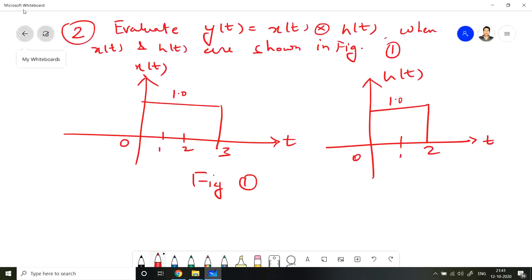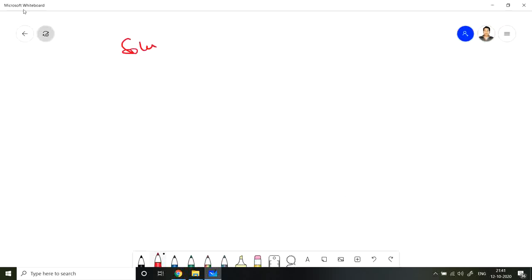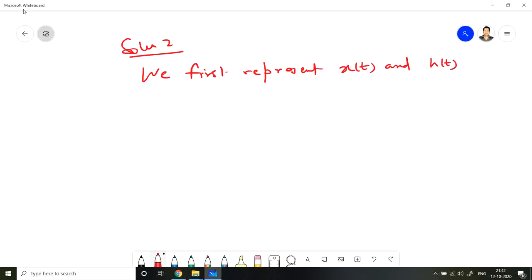So this is figure 1. Now let us solve this problem. So the solution of this problem: we first express xt and ht in unit step form, because we can represent xt and ht in terms of the unit step function. So we first represent xt and ht in functional form. So what is xt exactly? Xt is nothing but ut minus